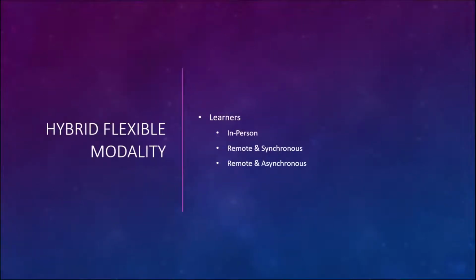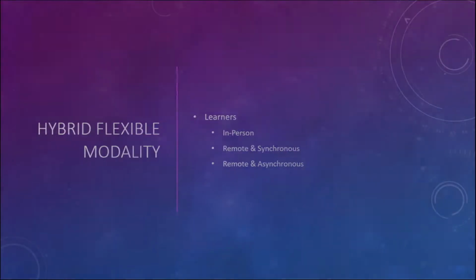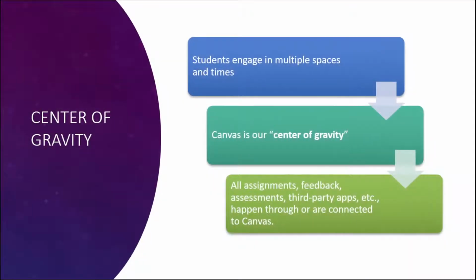So getting right into things, hybrid flexible learning, or HyFlex, is our attempt to accommodate learners in a single course with multiple modalities. To this end, we work to answer questions like, how do we design a course where teachers and learners can be successful when learners are coming into the course from different spaces and perhaps even different times? Well, backwards course design is one element to this, and I'll talk about that shortly. But first, I want to mention the glue that holds these different spaces and times together: Canvas.